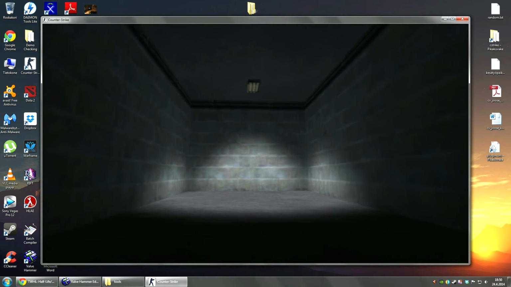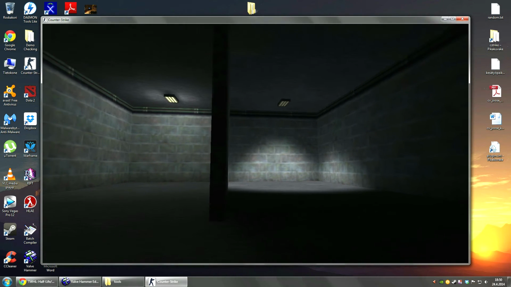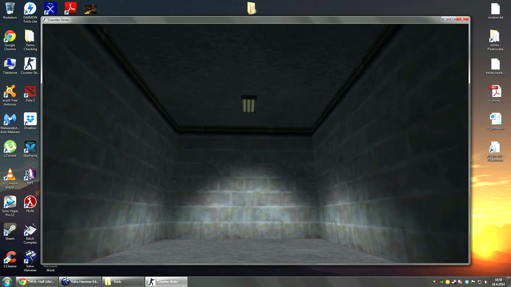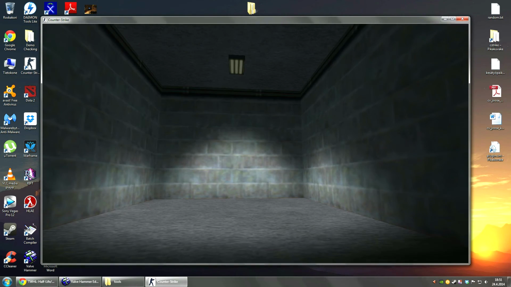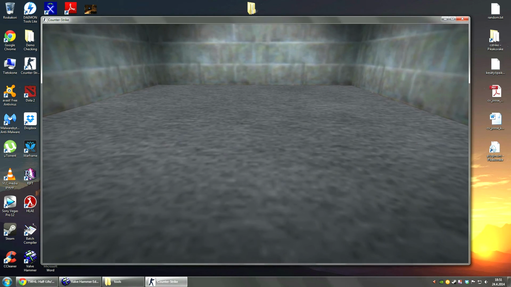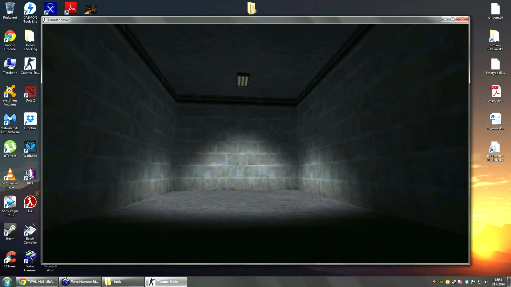Here we have the light spot. Now as you can see, a really big difference between these two. The light comes down in a cone. So when I didn't change the pitch, you can now see that it fades out in a 45-degree angle, and the brightest light will come here in the 30-degree angle. This is really useful for creating some really atmospheric lighting for your map. Really useful for many things,